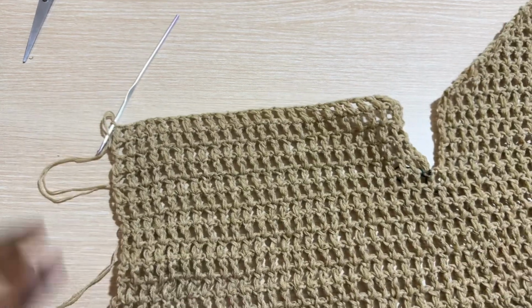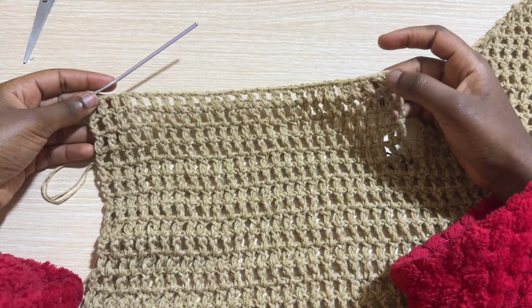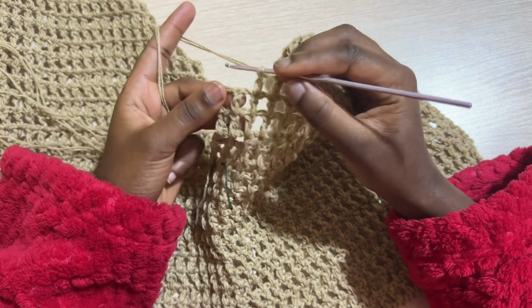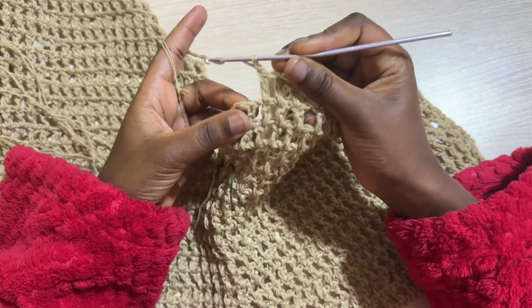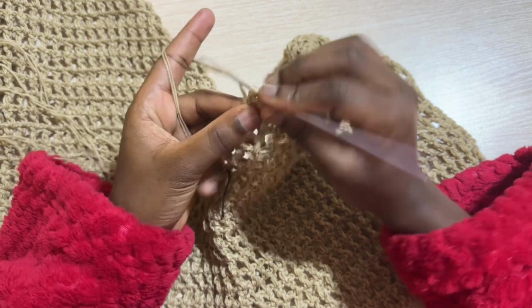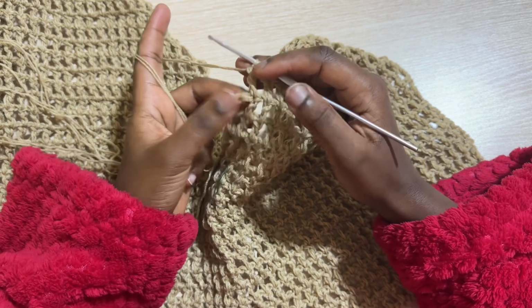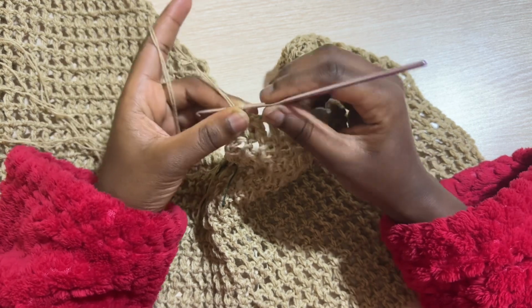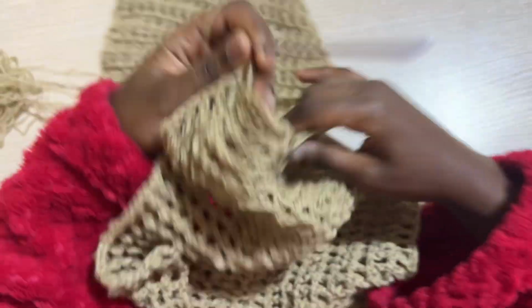So I'm just going to start my 6th row like usual, and I will meet you guys once I get to this point. Once you get to your second last box, you're going to make a double crochet, and you have this one box remaining. You're going to skip that, and then you're going to move on to row 7. You're going to chain 1, you turn your work,